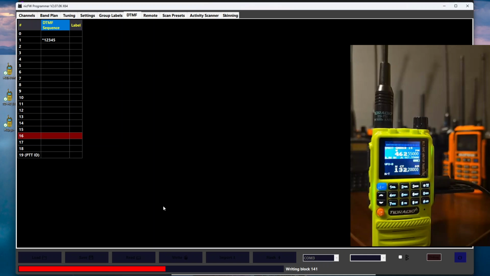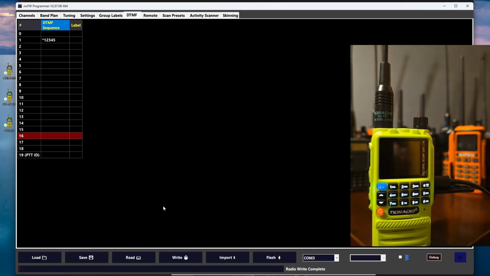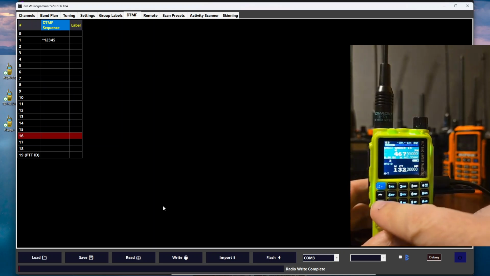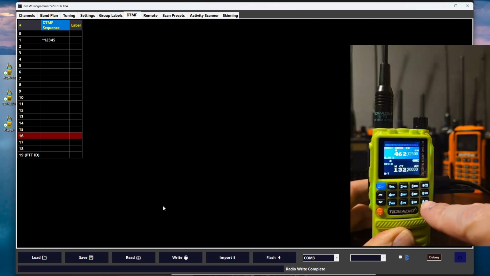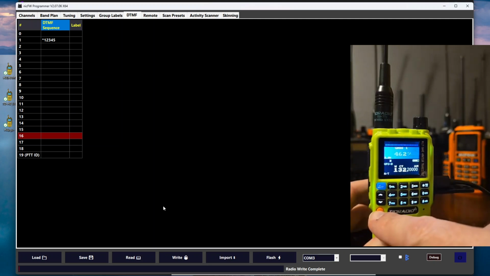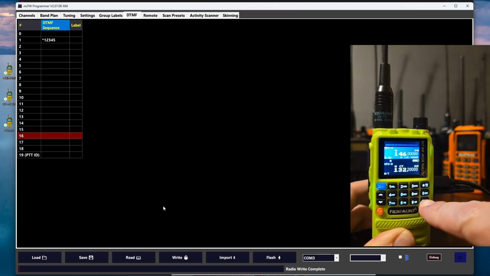And once that's on the radio, we'll be able to access this preset menu, as long as we're in the first bank of long press options. I'm going to get off of this GMRS frequency. It looks like there's some traffic. We're going to go into VFO mode first. VFO A, we're going to long press the pound key. And now we're going to get our presets for DTMF. And in my case, I only have one. If I press the push to talk button on the side and transmit, it will send those codes,